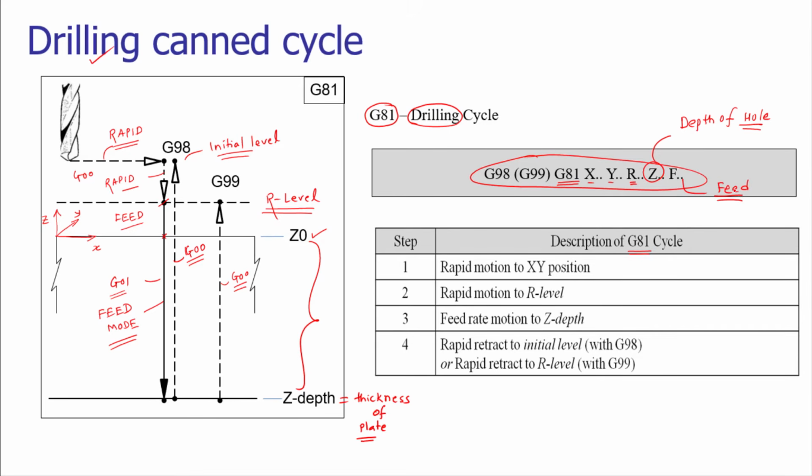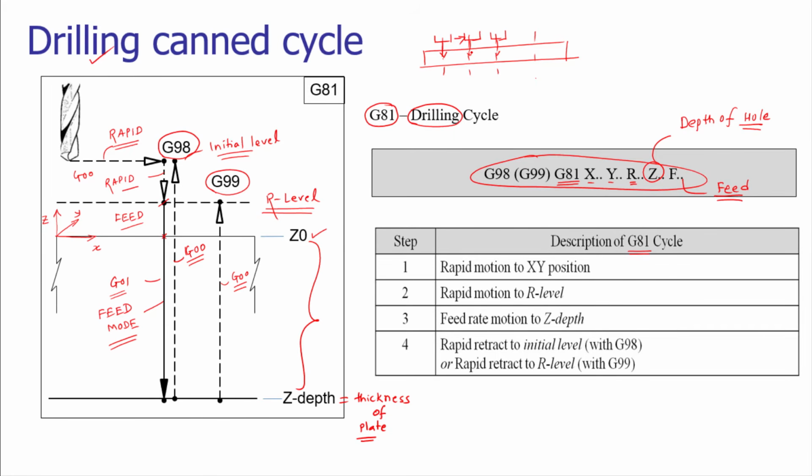Now here the question comes, for the retraction, whether to come to the initial position or to the reference position. Both these positions are fine, but we need to choose one of these for our application. So let us consider in our case that we have a plane geometry, a flat geometry, and all the holes are to be drilled in this manner. So the tool will come and drill a hole here, then we have to move to the next position and carry out the second operation, then the third operation.